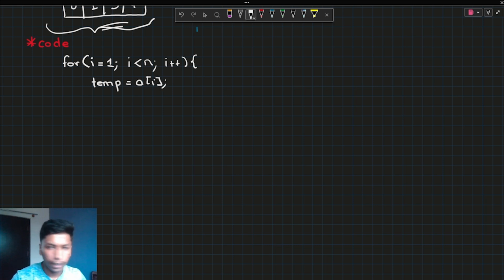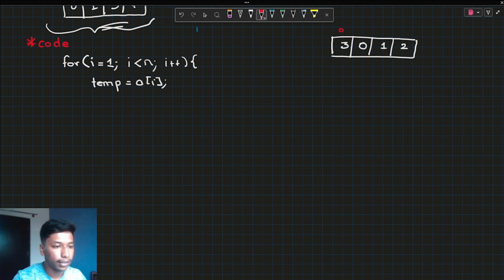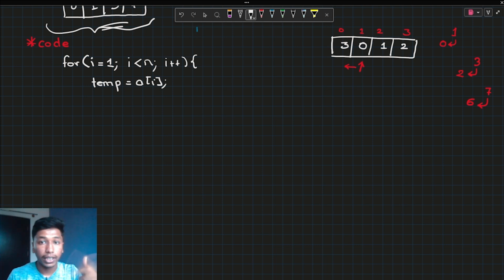Now suppose I take a simple example again, 3 0 1 and 2. This is an example array. I'll also write the index numbers, that is 0 1 2 and 3. If I'm starting from the first position, I have to compare it with the previous position. That means if I'm starting from 1, I start comparison from 0, if I'm starting from 3, I start from 2, and if I'm starting from 7, I start from 6. So I have to decrease the value of the variable I'll be using in the inner loop,